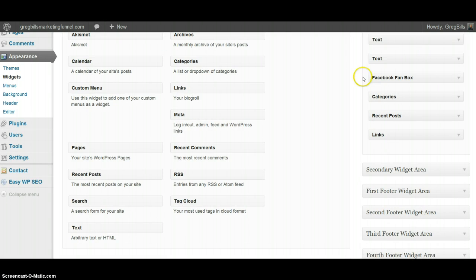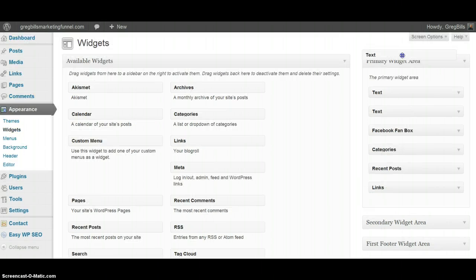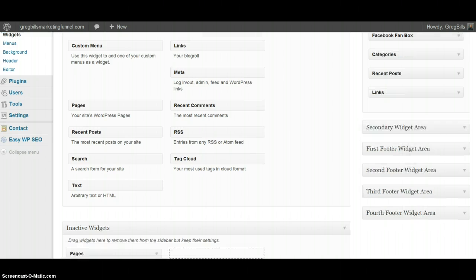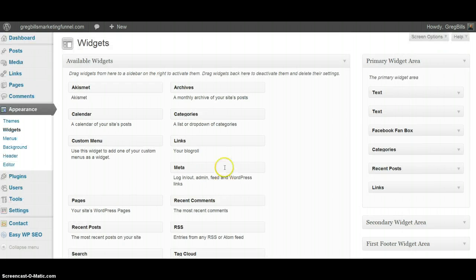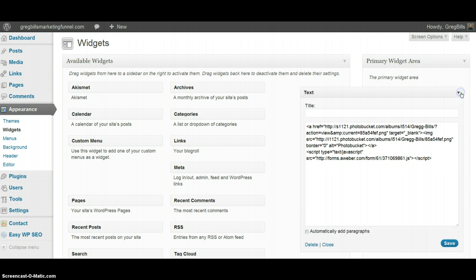But the text box, if you need a text box, just come over here, click down, hold, and drag it up there and position it wherever you want. That's about how easy it is to get a text box up there. But if you open this text box up, you'll see here that I have HTML code from PhotoBucket, as you see right here, and then right underneath it you see the JavaScript code that Aweber provides you with. Okay, now how I did that,